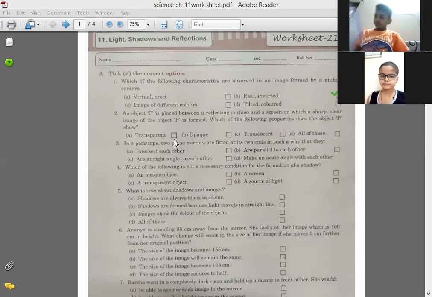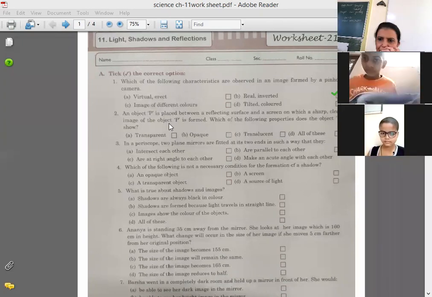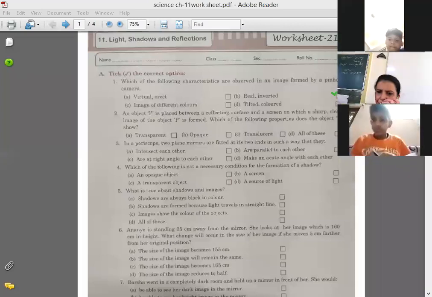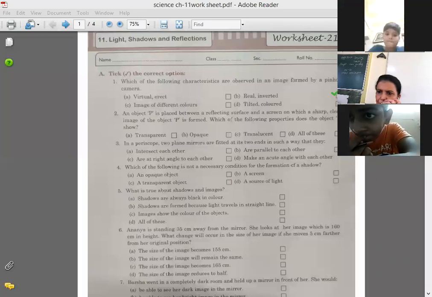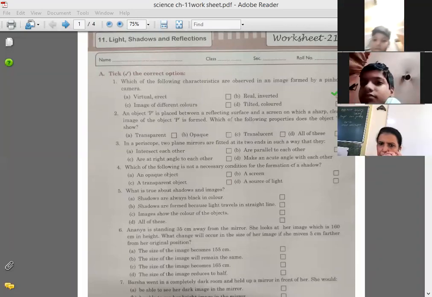Translucent? It is written that object P is placed between the two, and the image is clear. Opaque. Then the answer is transparent.